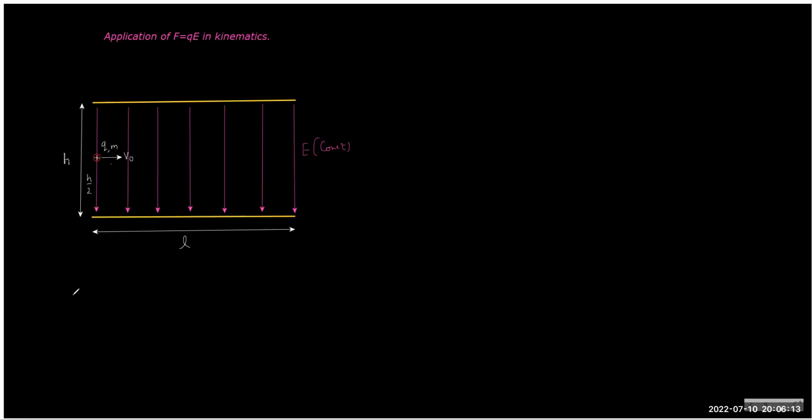And we can ignore gravity. Generally, electric force is so powerful that gravity will have almost zero contribution compared to the contribution coming from the electric force. So if the electric force can create an acceleration of, let's say, 1 million meter per second square, gravity creates only roughly 10, and therefore it's okay to ignore.